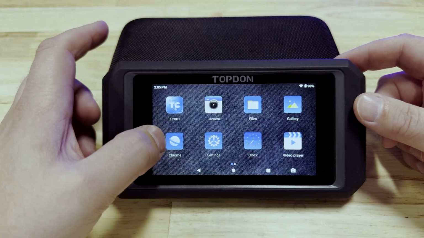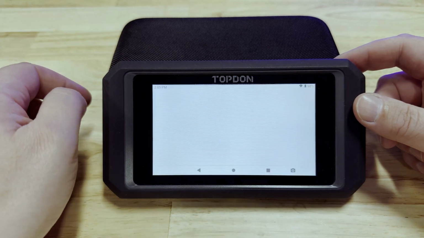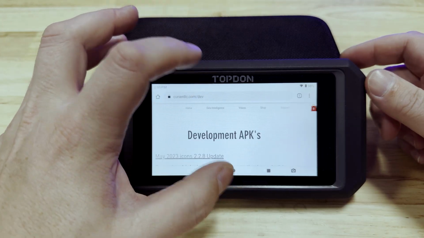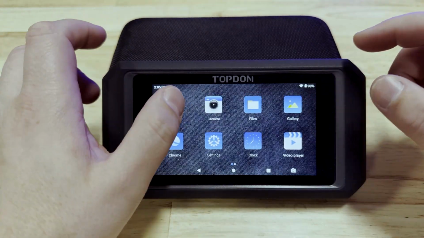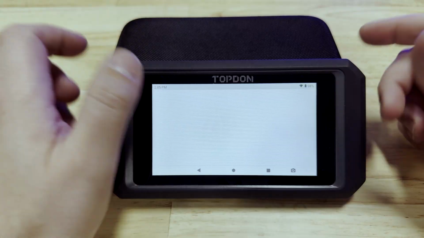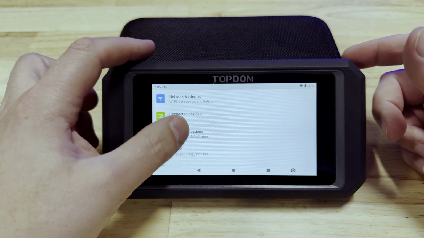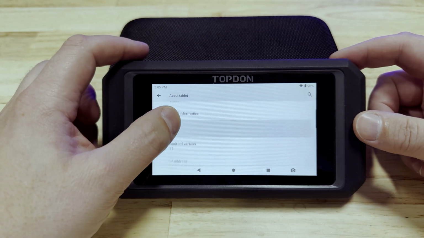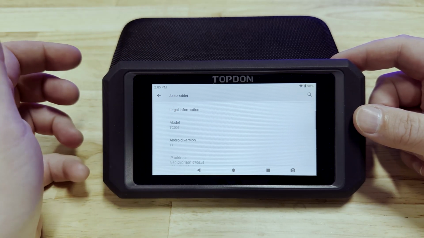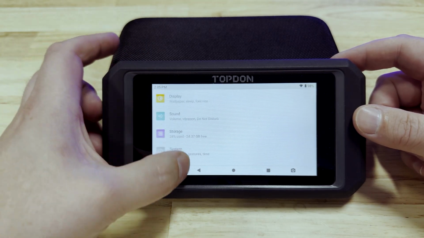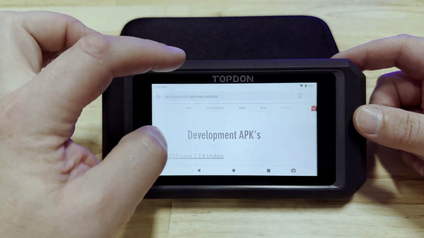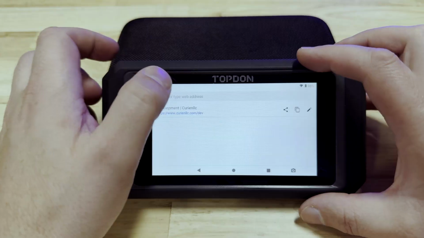So the first thing we're going to do is go to the browser, which is Chrome. And once we get to the Chrome browser, we want to double check here in the settings menu which version of Android we have on the tablet before we go searching for apps. If we look here, we're on Android version 11, so that is important to double check. When we go back, we're going to go into the browser and simply look for the